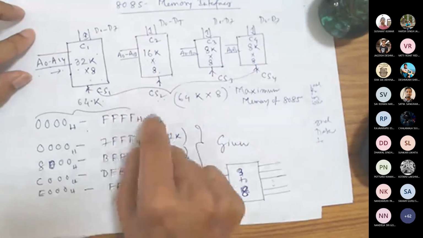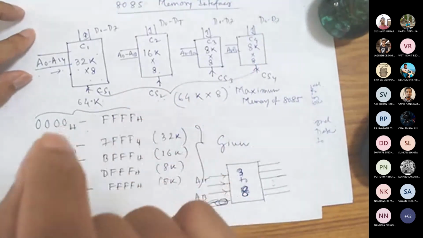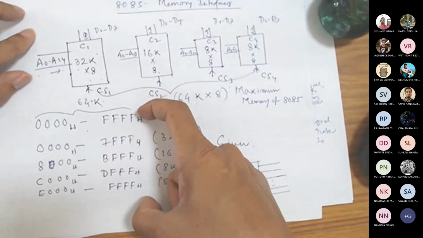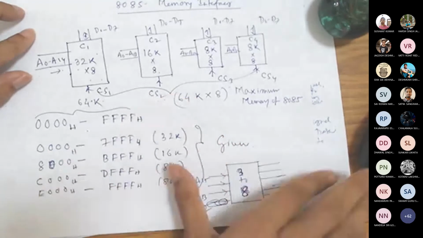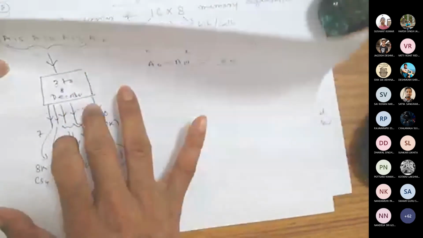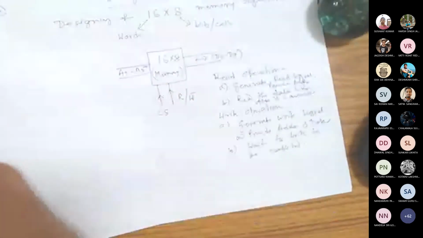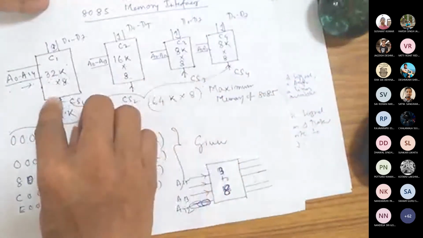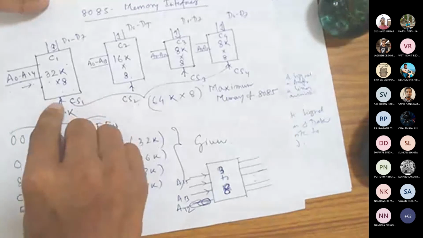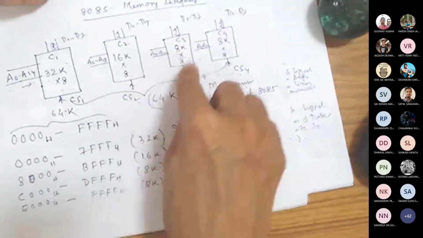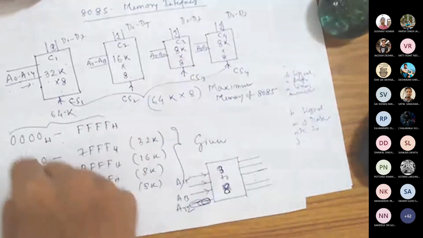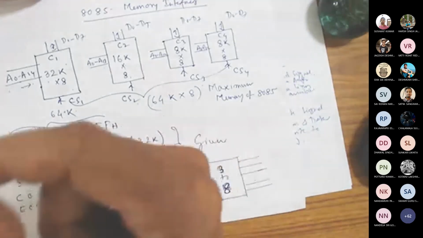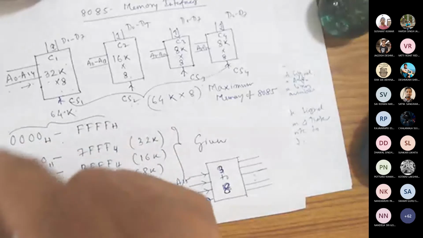What I discussed today toward the end was a decoding scheme for a particular mapping given. If I change this map, you need to change this decoder also. I have given a very simple mapping: this is 8K, this is 8K, this is 16K, this is 32K. I can make this 24K, this 4K, this 8K, and the ranges also I can change. Then the decoding will be a little bit complex, but with a little bit of calculation, you can find out what the decoder will be.